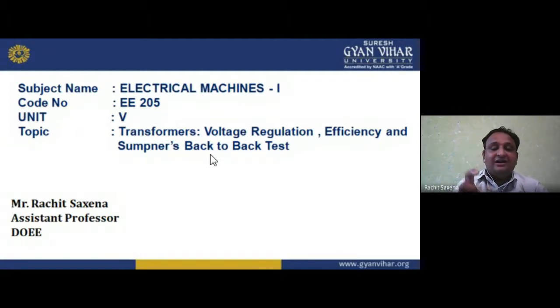Whenever there is a current carrying conductor placed in a magnetic field, it experiences a force. That force is converted into torque, because torque is equal to F cross D, and then it will start to rotate. So how force and torque take place is part of the second unit. In this we also understood the electromagnetic interaction, or the electromechanical conversion, means electrical energy converted into mechanical energy and mechanical energy converted into electrical energy, vice versa. So we can easily convert electrical into mechanical and mechanical into electrical.